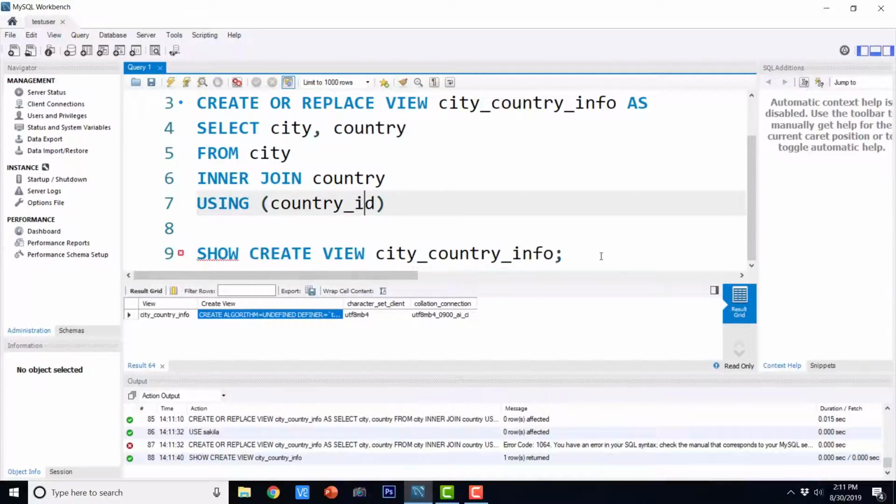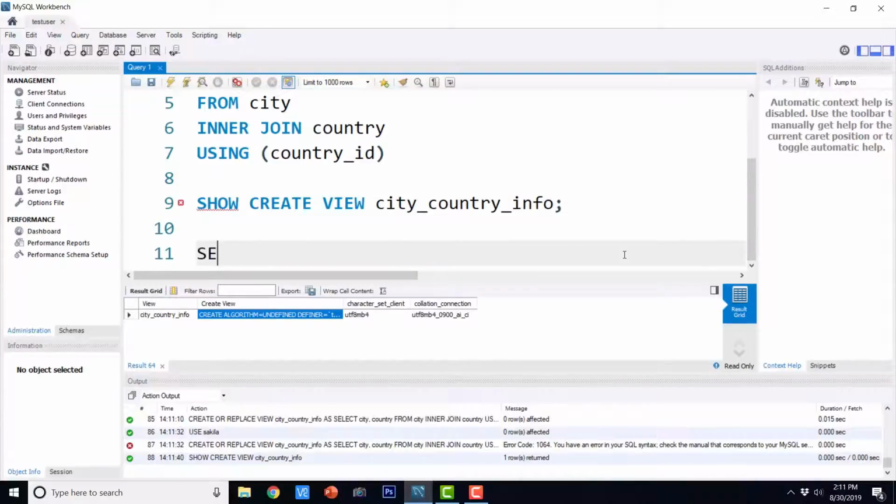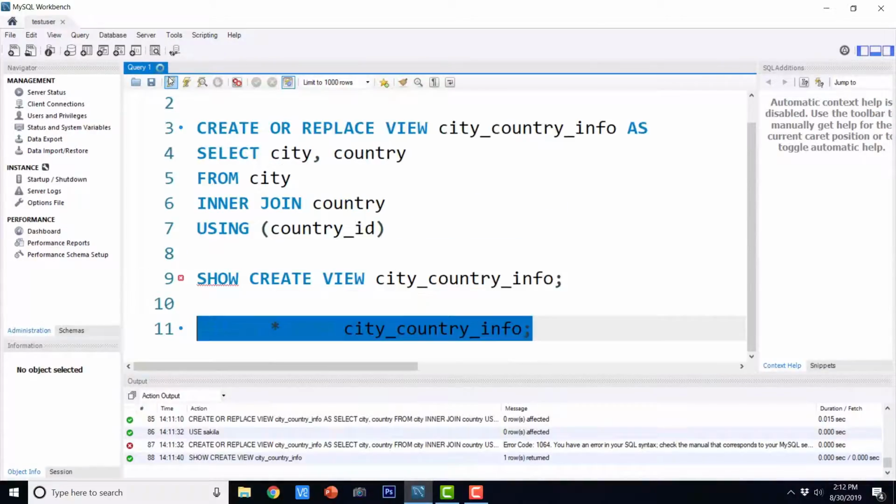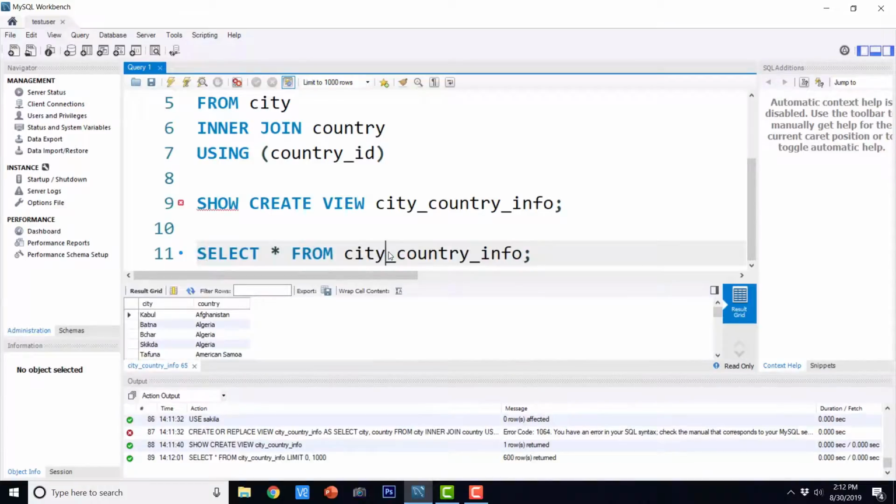Okay, create view statement. And if I just want to see the stuff in it, I can just say select star from, and let me select and execute this entire statement. So this is the output. So this is how we can create complex views, and this is how we can use them.